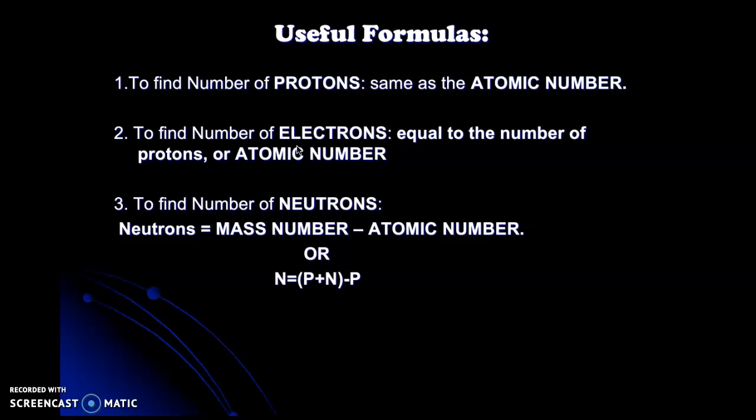If there are 17 positive charges, there's going to be 17 negative charges in a neutral atom of chlorine. So the atomic number defines the number of protons, and it defines the number of neutrons. And now here is how we use the periodic table to get the mass number, or to get the number